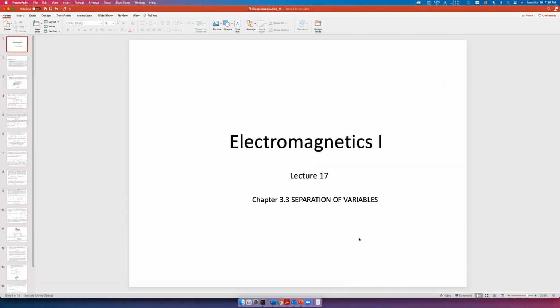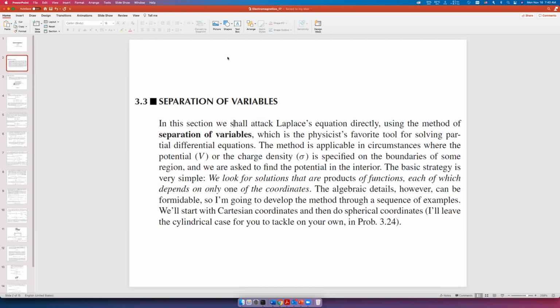Hello, everyone. Today we're going to introduce lecture 17, which is separation of variables: how to use the separation of variables method to solve the Laplace equation. For this section, we're going to go through 5 examples, which will show you exactly how to use this method